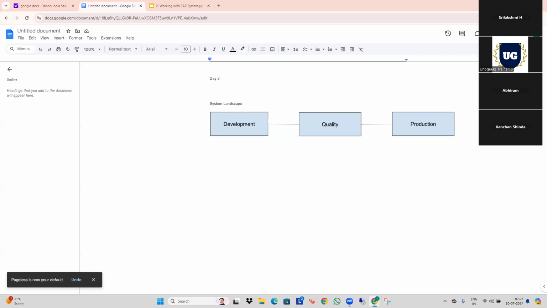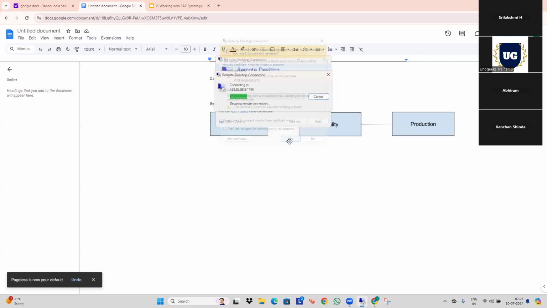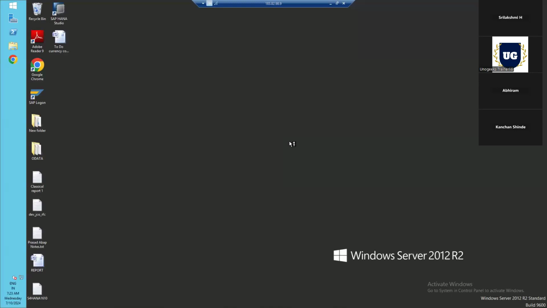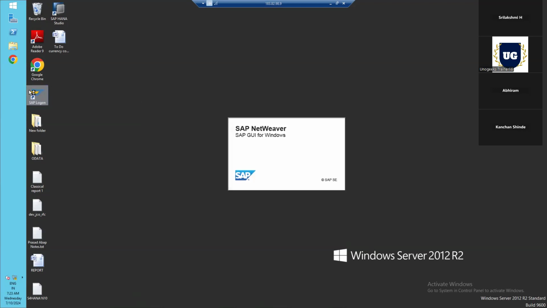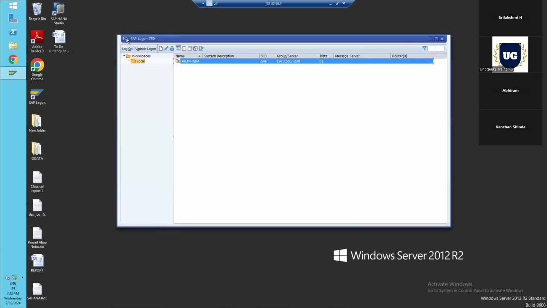Technically in GUI. So we have seen yesterday how to log in into the remote server and all. So yeah, let's do it again. So we'll open our remote desktop connection. Yeah. So we are on our virtual desktop, and here you can see we have SAP Logon. Here the symbol is of SAP Logon. So on click of this, you can see